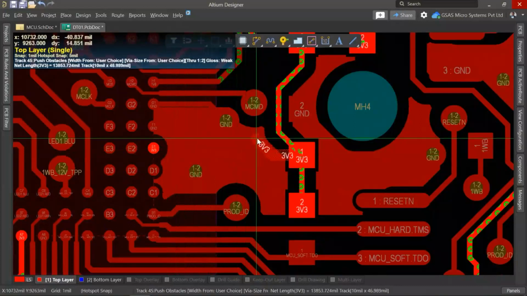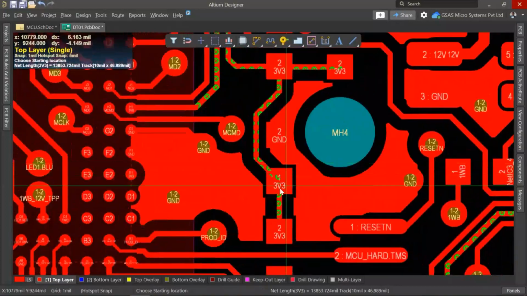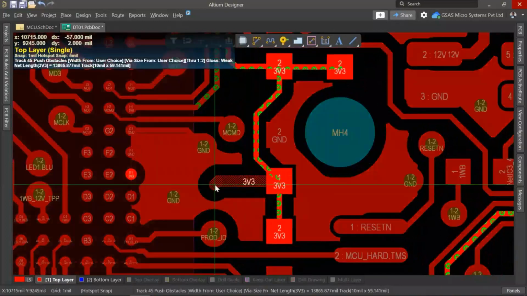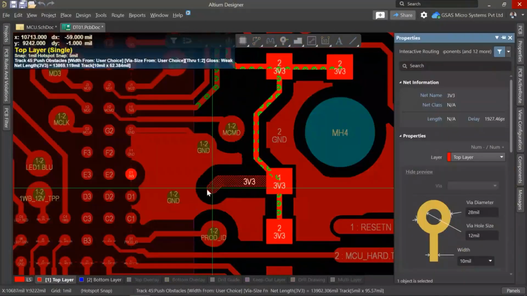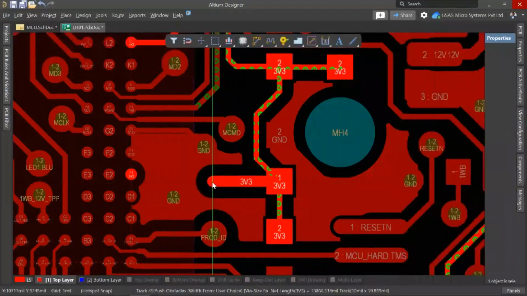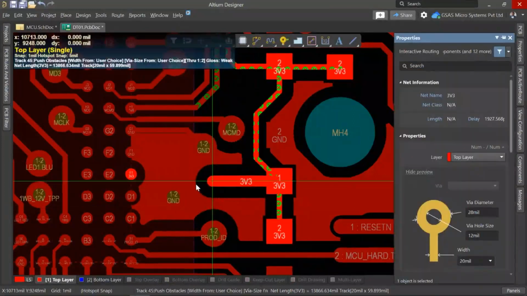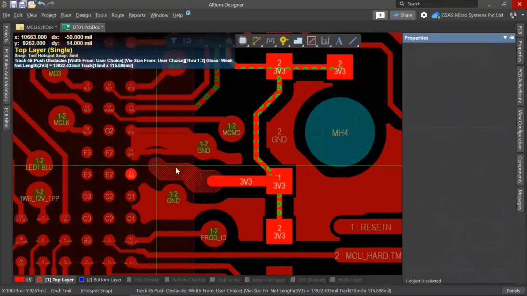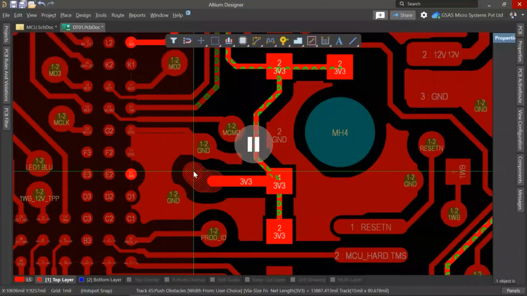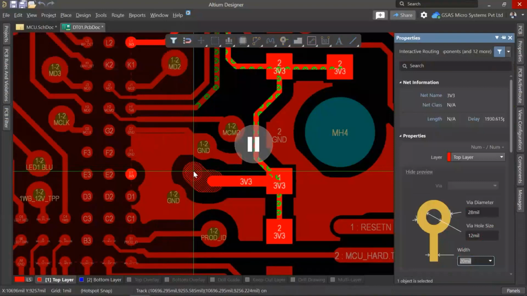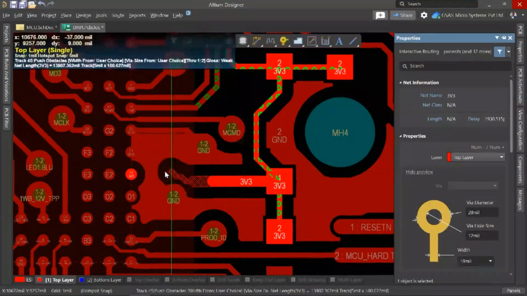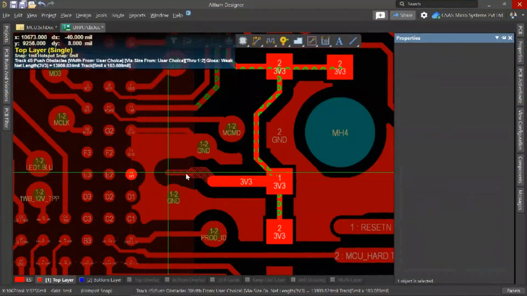If not, you can just take the trace out, select here and press Tab to open the properties. Here you can mention the trace width as 20 mil, and if you want to decrease the trace width to 5 mil, you can see it taking down the trace width by pressing Tab.